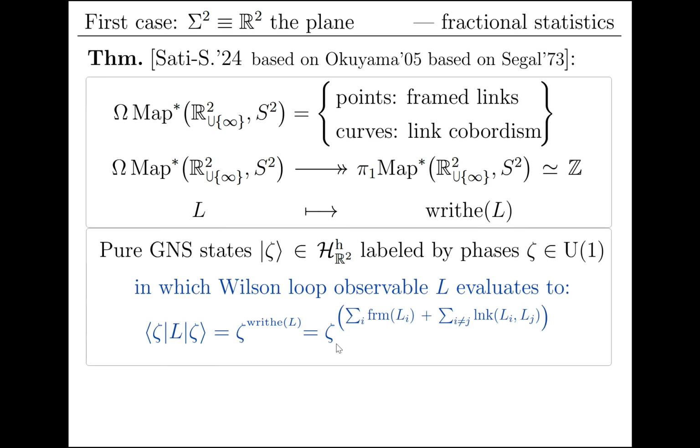And interestingly, if you rewrite the total crossing number in traditional form as the sum of a linking number between different connected components of our framed link and the number of self intersections, called the framing number of every component with itself,